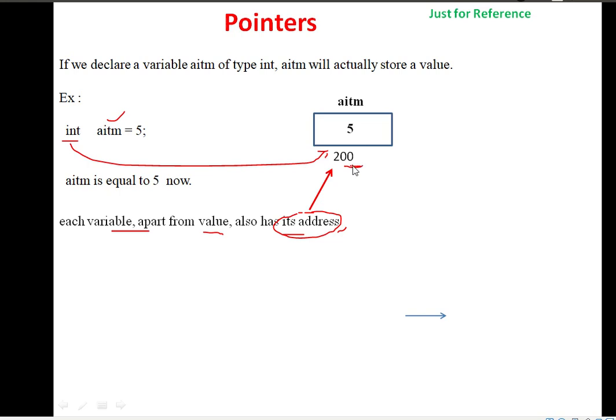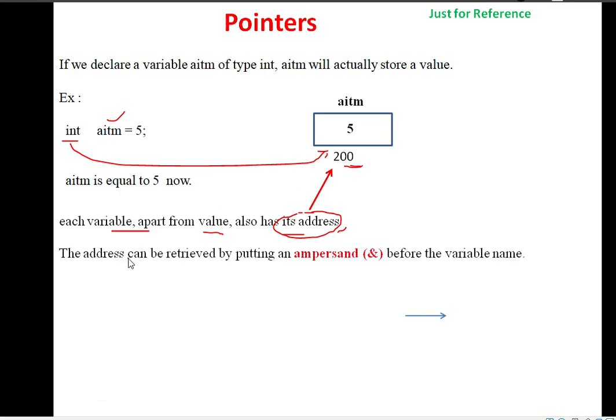Okay, now the address can be retrieved by putting the address operator before the variable name. If you want to print the address, we use the address operator followed by the variable name. What is the variable name here? That is our aitm. So which value will it print, either 5 or 200?